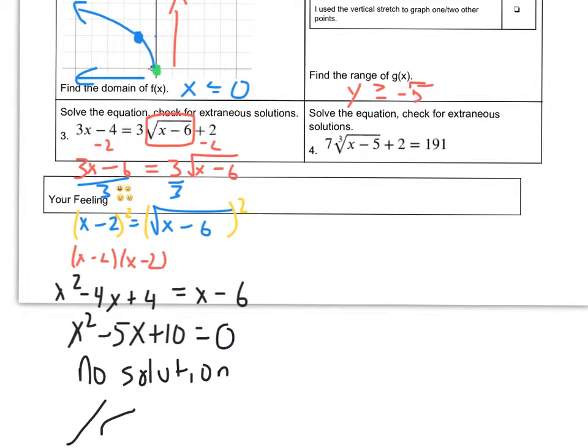For the other one, I'd be subtracting 2 from both sides, and that gets me 189, then dividing that by 7. 189 divided by 7 is going to be 27. So we have the cube root of x minus 5 is equal to 27. Then I'm going to cube both sides because that seems like a pleasant number that we're going to end up with here. So if I cube